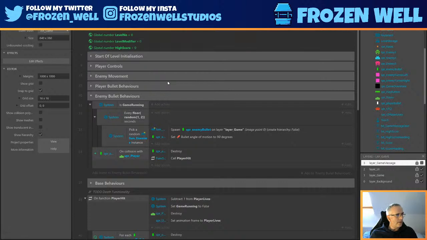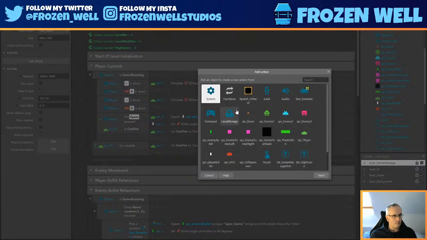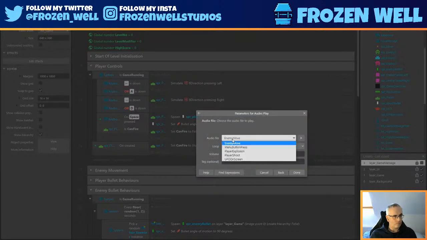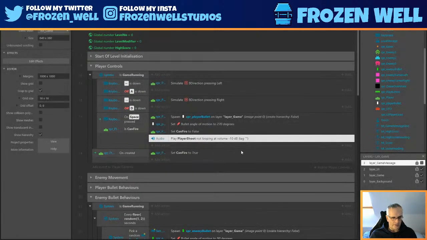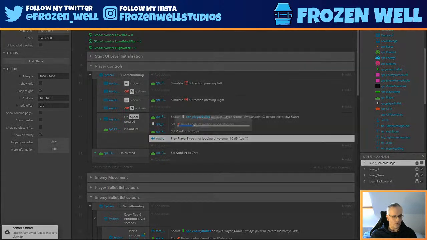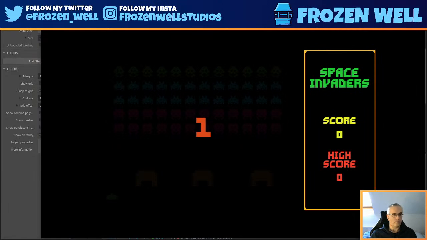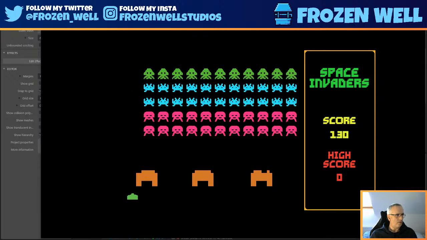And the first sound we need to add in is when the player shoots. So player controls, when they fire, what we want to do is play player shoot. They're normally quite loud, these, so not to deafen everyone, I'll just reduce them to minus 10 decibels. Let's just check that that plays okay. Yep, a very retro sounding